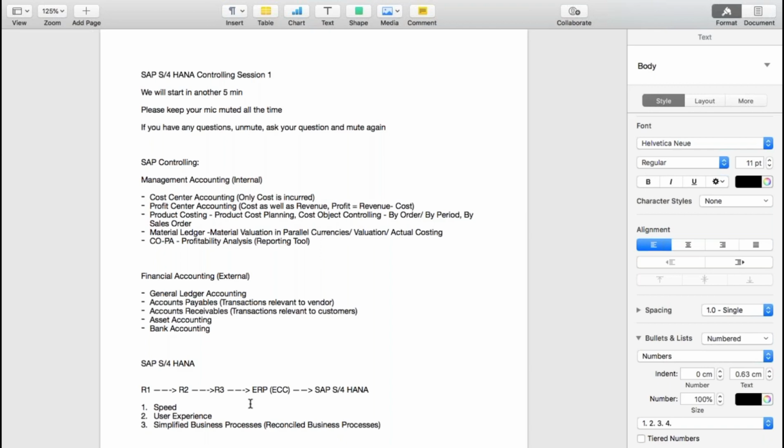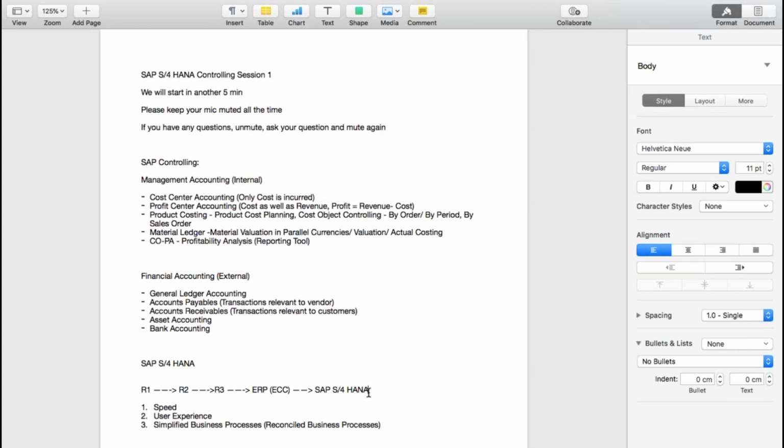Or maybe you need to carry out the period end activities. Till the time you don't carry out the period end activities, your FI and CO results will not match. Okay, so that is the reconciliation issue. You need to find out, okay, what went wrong, why FI is showing different results, CO is showing different results, right? So that challenge has been removed now with S4 HANA, because in S4 HANA, SAP is saying FI and CO are no more two separate components. They are merged from the technical point of view.